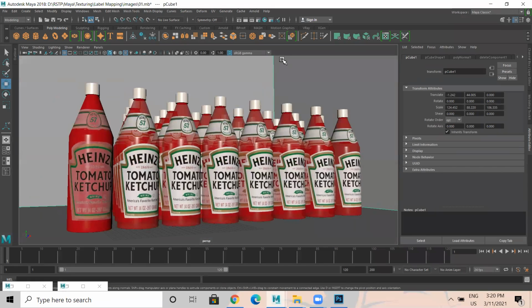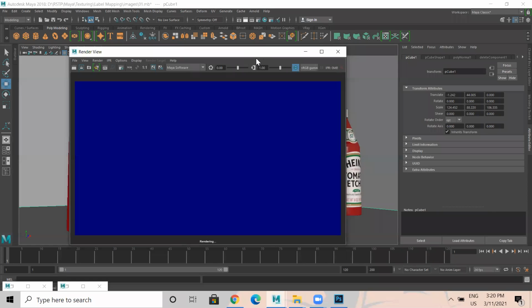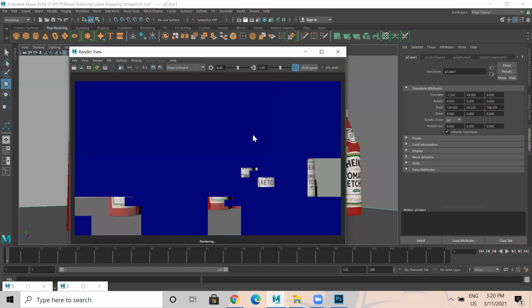So when I take a render, you can take a render in high quality. It takes some time to render, but anyhow.